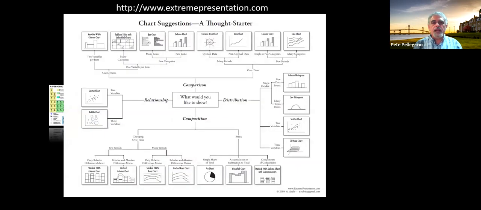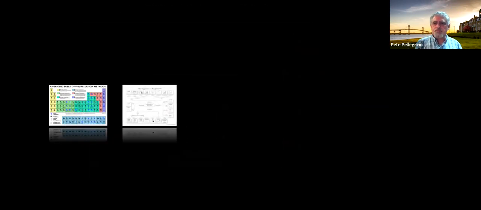There's also over at Extreme PowerPoint this chart suggestion thing, right? They've updated it now. Actually, they've got a combo one, it's even larger. But again, you start in the center saying, what is it you're trying to explain? What is it you're trying to communicate to your audience? Answer some questions, follow your way through, and it might suggest that it sounds like maybe a bar graph, maybe a heat map, maybe a histogram is a good way to represent visually what it is that you have to show. That's over at Extreme PowerPoint,